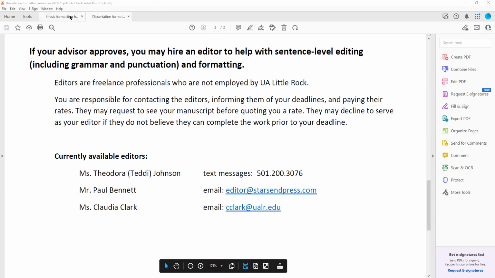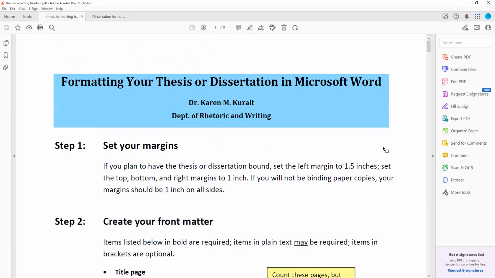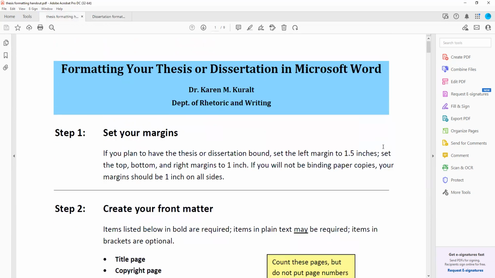Okay, with that said, we're ready to start to get into some of the technical details about how to set up your front matter. I'm going to go over with you all of the things that we're looking for when we check your thesis or dissertation manuscript to make sure that it's correct. And I will give this handout again to Christine and Imral so that they can go through it.